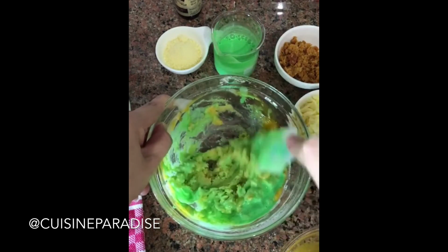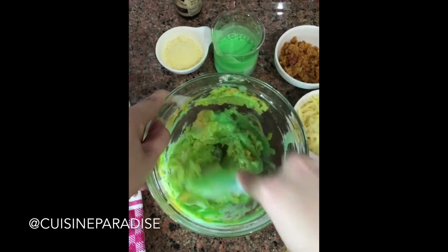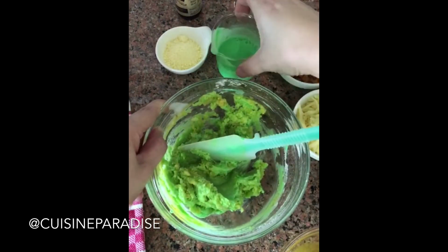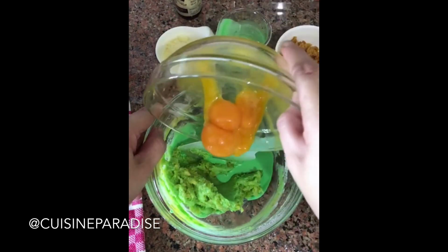Okay, don't worry if you see something like this, it's okay. After you mix everything together, right, they will become smooth again. Coconut milk, egg yolk,